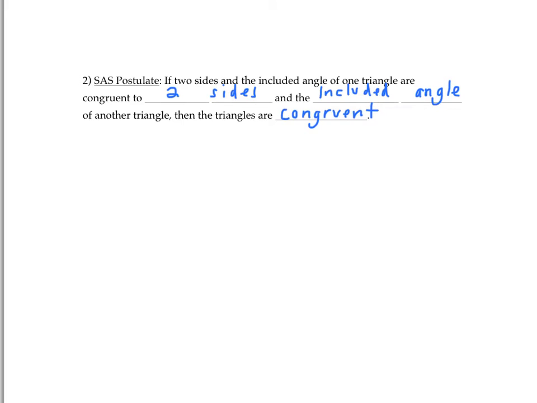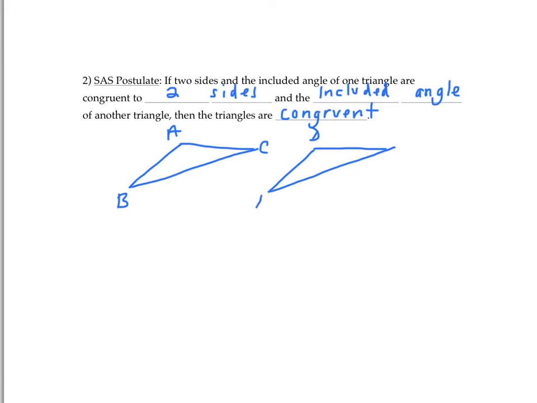Okay, so in the little bit of space that you have on the worksheet, draw two triangles that appear to be the same size, same shape. In other words, draw two congruent triangles. So I'm going to stick with ABC and DEF. So let's say we know that AB is congruent to DE, and let's say AC is congruent to DF,